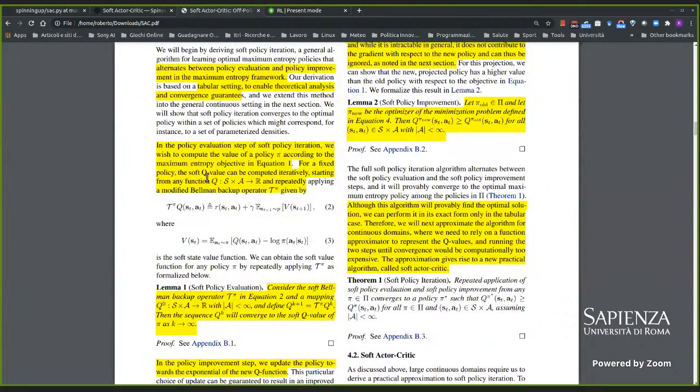So for a fixed policy, the soft Q value, which is the standard definition of the Q value, becomes soft because it adds this maximum entropy component, and can be evaluated in an iterative way, starting from any Q function. As usual, you can initialize your Q function as you want, and then repeatedly apply a modified Bellman backup operator, which is the following. So reward plus gamma that multiplies